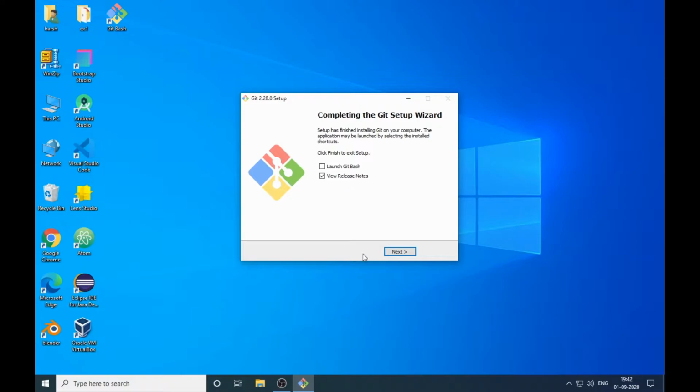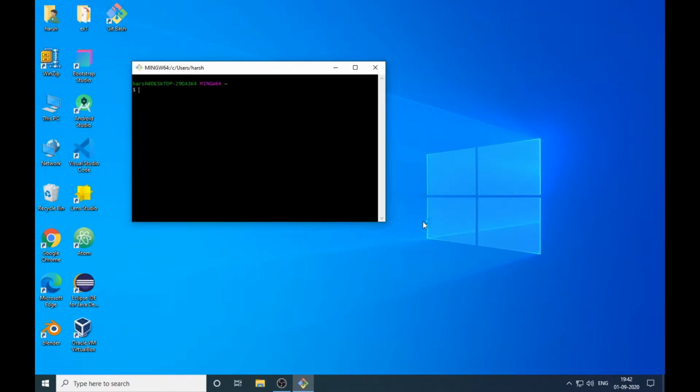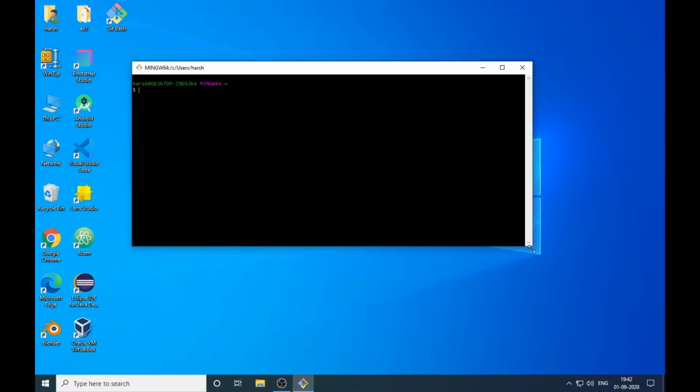Perfect, now it has been installed. So launch Git Bash. This is what the screen of Git Bash is going to look like. Before moving to the coding part, I'm gonna introduce it in layman's language. Right now you're seeing the basic version of Git Bash.